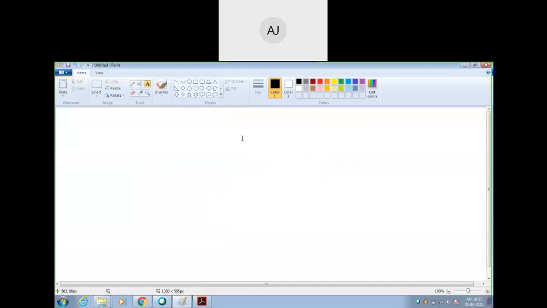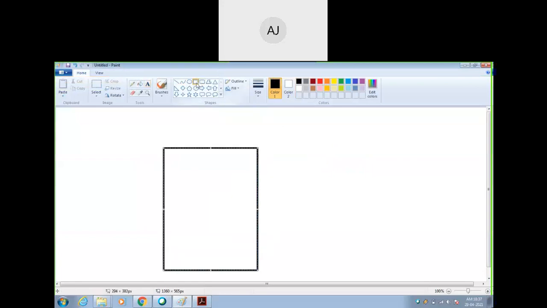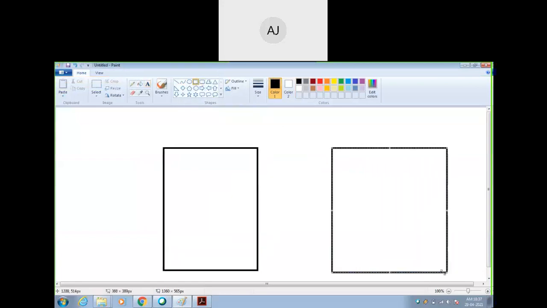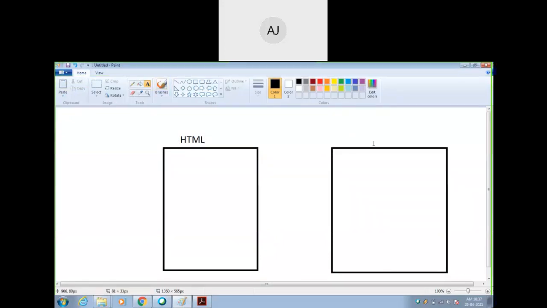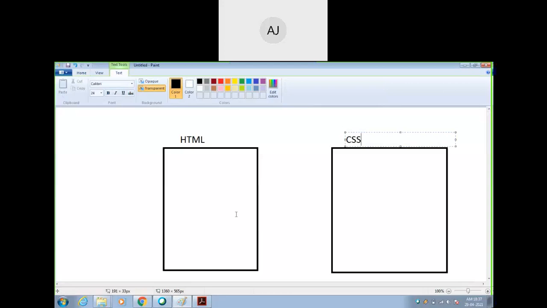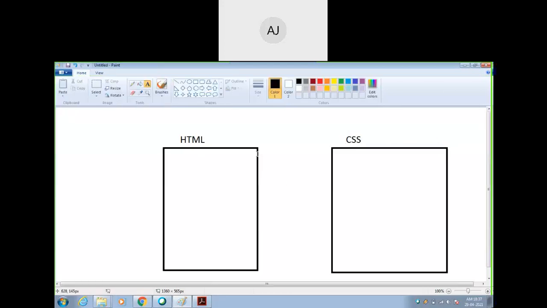Okay, so take one HTML file. This is my HTML file and there is one CSS file. I will just give the name, this is my HTML and this is my CSS. In order to work with CSS, see why we are using CSS. The first goal is to decorate our HTML web pages. Here you want to decorate this particular web page, this particular web page you have to design. So what you need to do is write the code in this CSS in such a way that it should reflect in this HTML file.